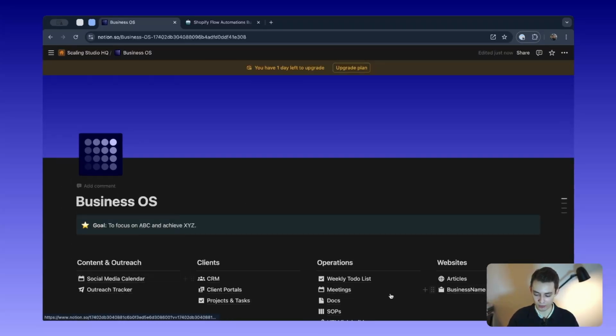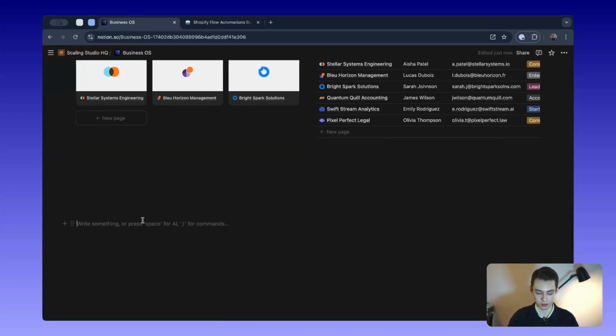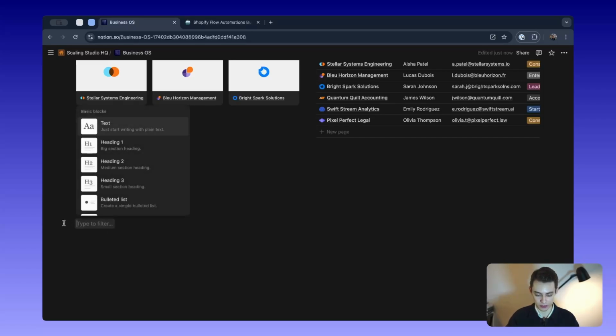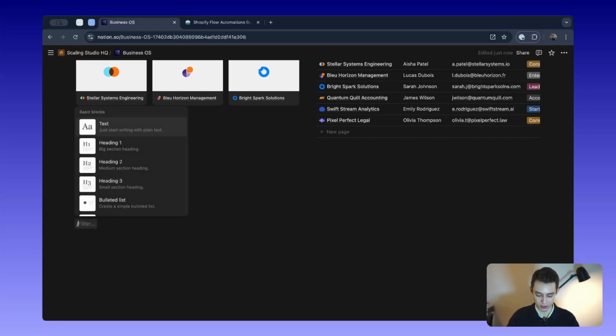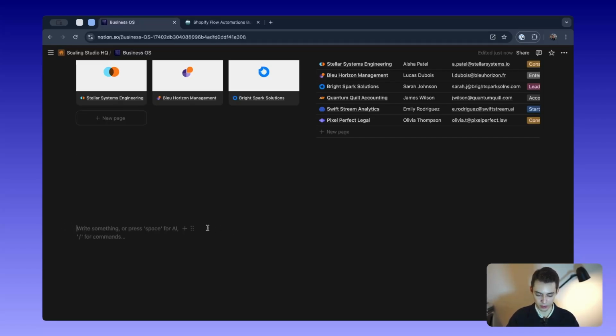What you can do to have these 4 columns is, when you write, you search for 4 columns here. So you can do this in 2 ways. You click on the plus icon and you search for what you want, or you can use the shortcut, instead of clicking on the plus icon, as you can see here, the slash for the command. So we click the slash, we look for the 4 columns, enter, and this turns automatically into a 4 column